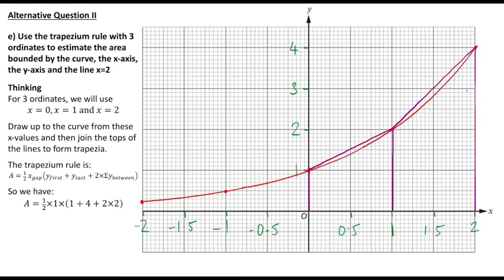If you had more ordinates, obviously you'd have more y values in between, but in this case the value in between has a y value of 2, so that's the height above the point x equals 1, where we've drawn up from x equals 1. Okay, so those are our numbers. We're going to tidy that bracket up. 2 times 2 is 4, plus the 4 plus the 1 gives us 9, so we have a half times 1 times 9, and that means we can say that the area is roughly 4.5,